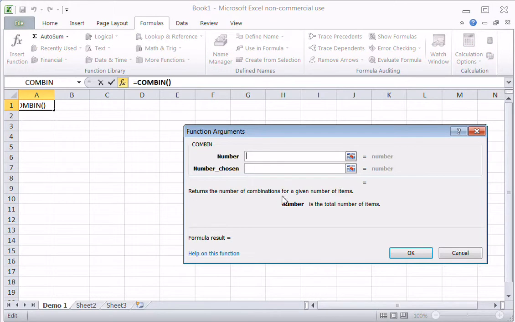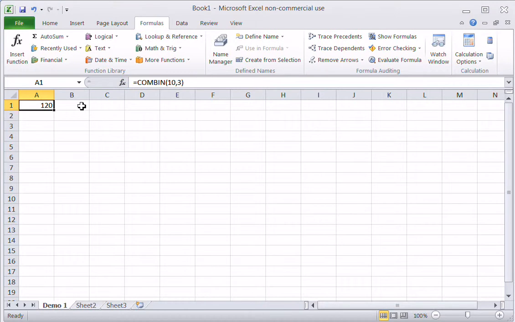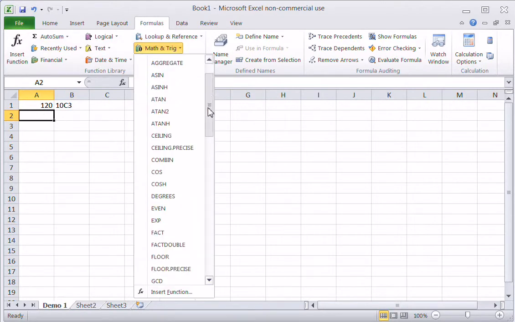It's a combination, so let's say if I had 10 items and I wanted to know in how many ways could I choose 3 of them, this would be 10 choose 3, right? So that's the combination, 10 choose 3. So we have combin in here. Let's see, we also have,